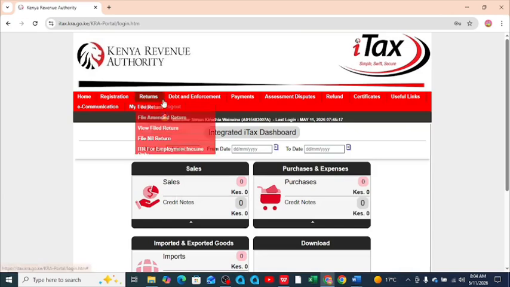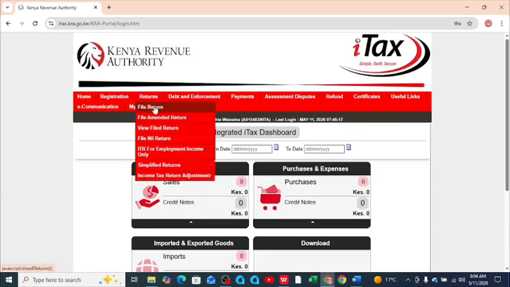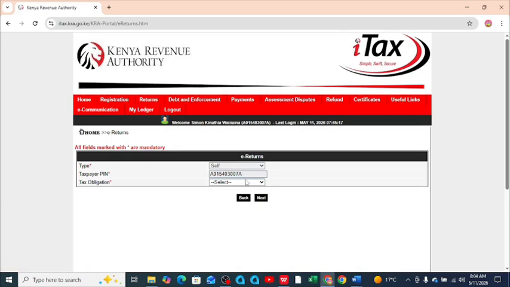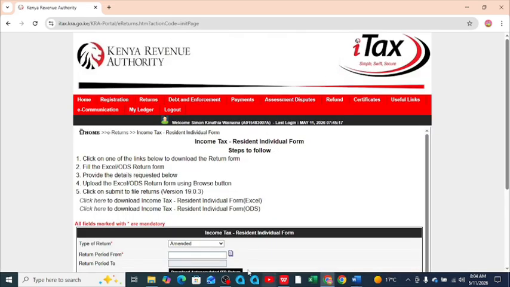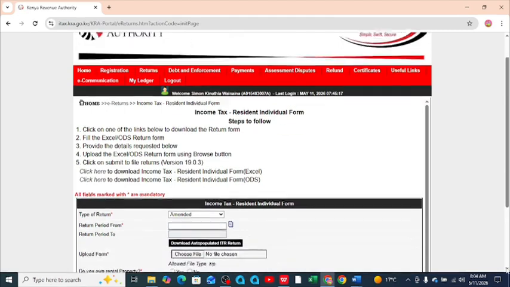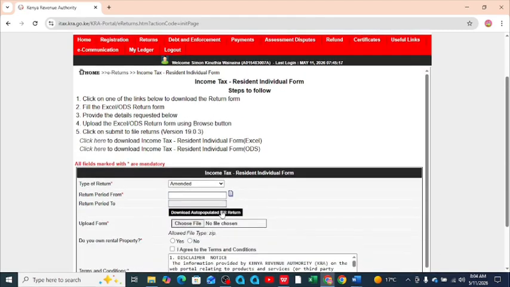When you sign in, you need to come to where we have Returns and choose File Returns. Then you need to choose the tax obligation, which is the Income Tax Resident Individual, and then click Next. Then you'll be taken into this interface. You can choose to use the auto-populated ITR or download the manual Excel sheet. So just use the auto-populated ITR, and choose the return period, which dates back from 1st January 2025 to 31st